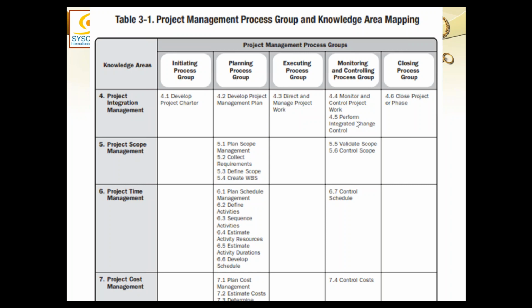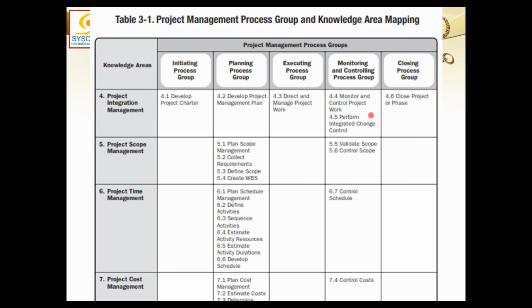So monitoring and control is the main process group which has to look after everything which is going on in a project. So as you mentioned, integration is the process which does the parental control, so this is for monitoring and control to oversee and control everything. Right. But still the question remains, why are there two separate processes? What is the role of these two processes?